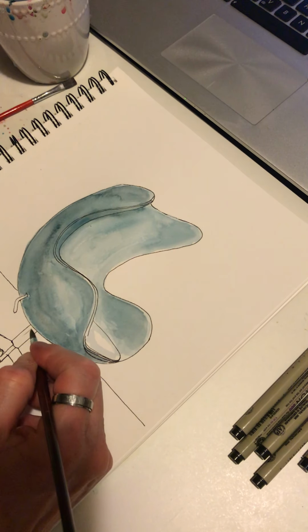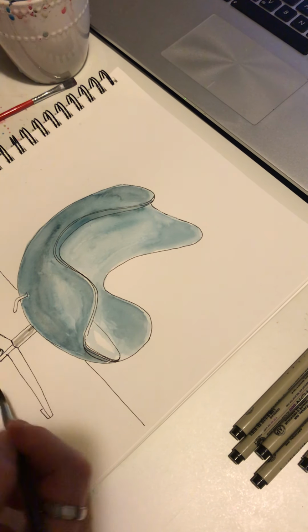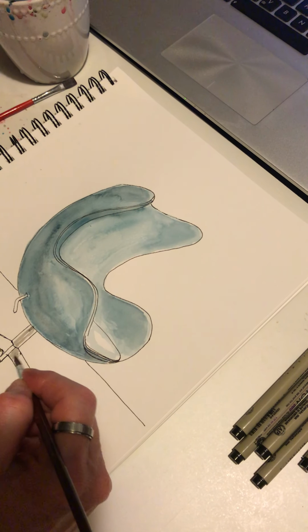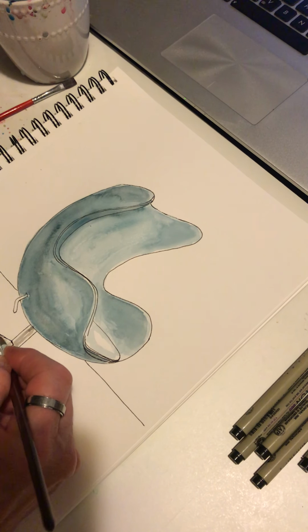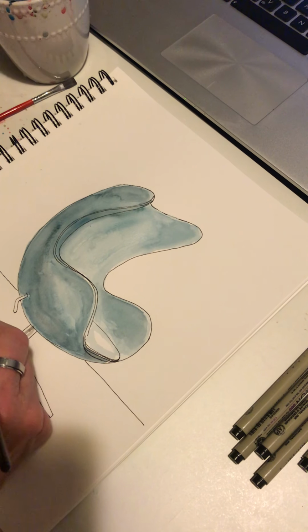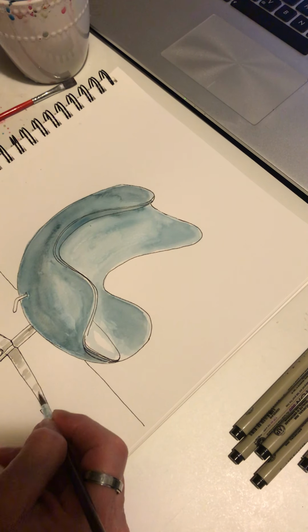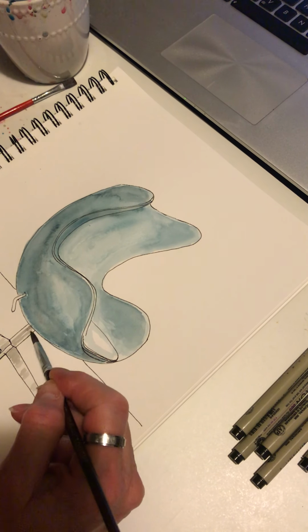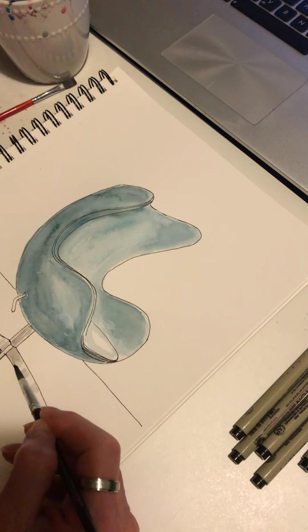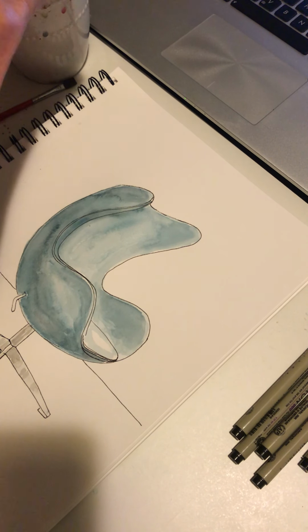So I come down here and you've got the reflections on the center of this, and so I'll go in and put some of that, because I can go in and add a little water and lighten that up a little bit. But I'll just put some of the reflective, because it's a metal, so it's got those reflections on it. I'll just come in and add some of those lines, and I usually try to keep the lines going the direction that the shading is going. But I can go over this and extend just a little bit of the gray color across,